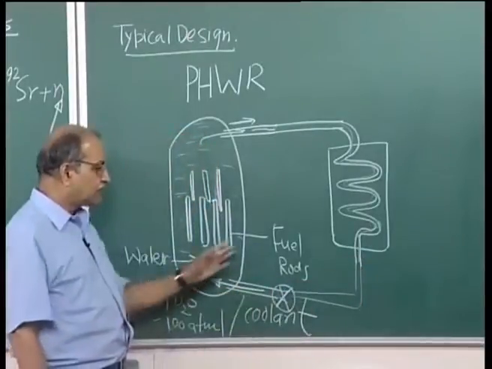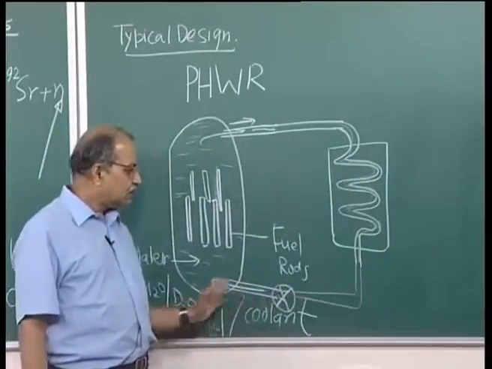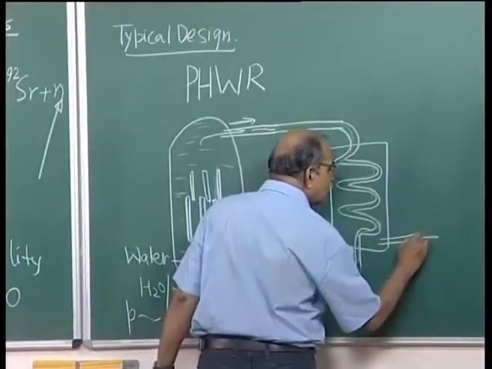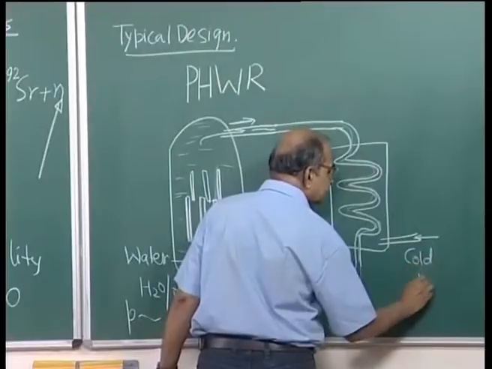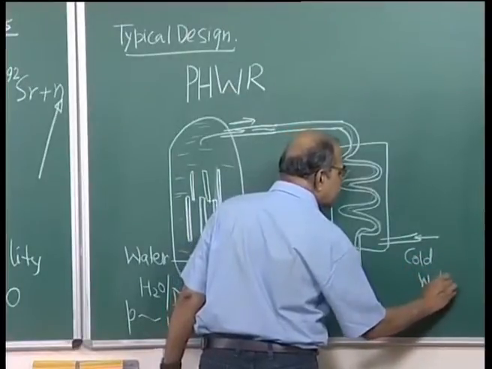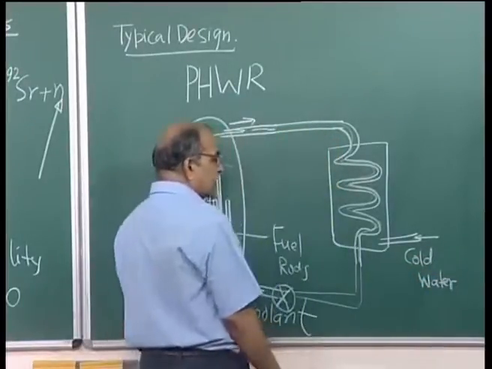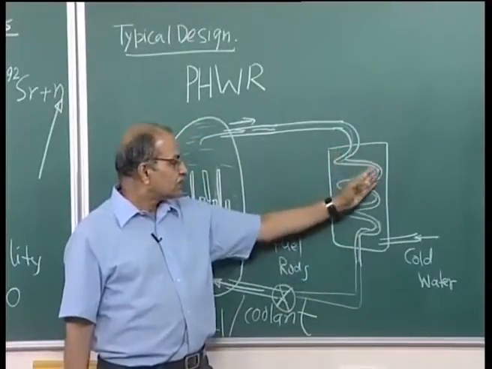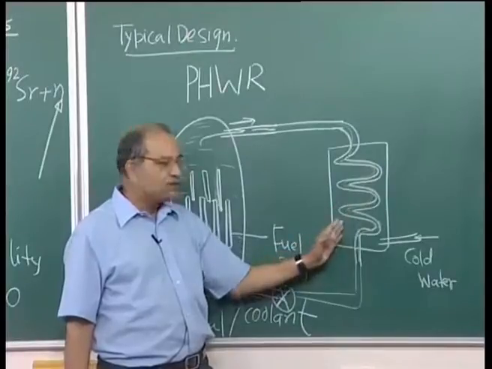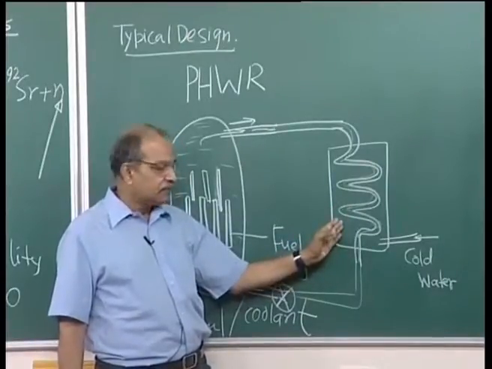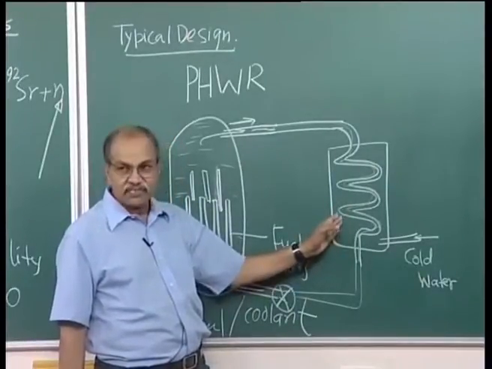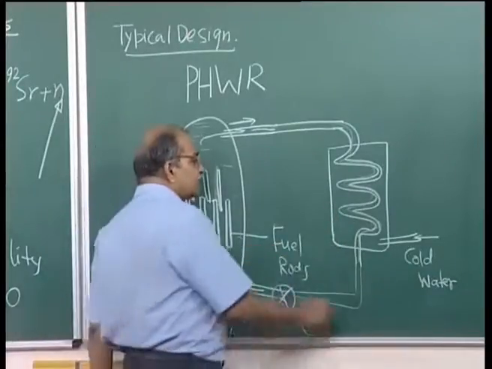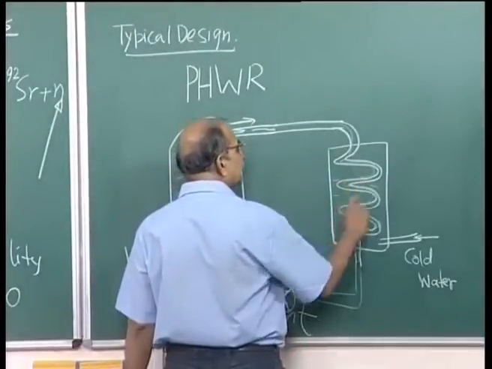This will go here. When it becomes cold, it will go here, and here one can send say cold water at relatively low pressure. So, that heat is given by this hot water in the tubes to the cold water in this chamber, and this water boils because it is not at that high pressure, and therefore, it boils and makes a steam. So, here it makes a steam,